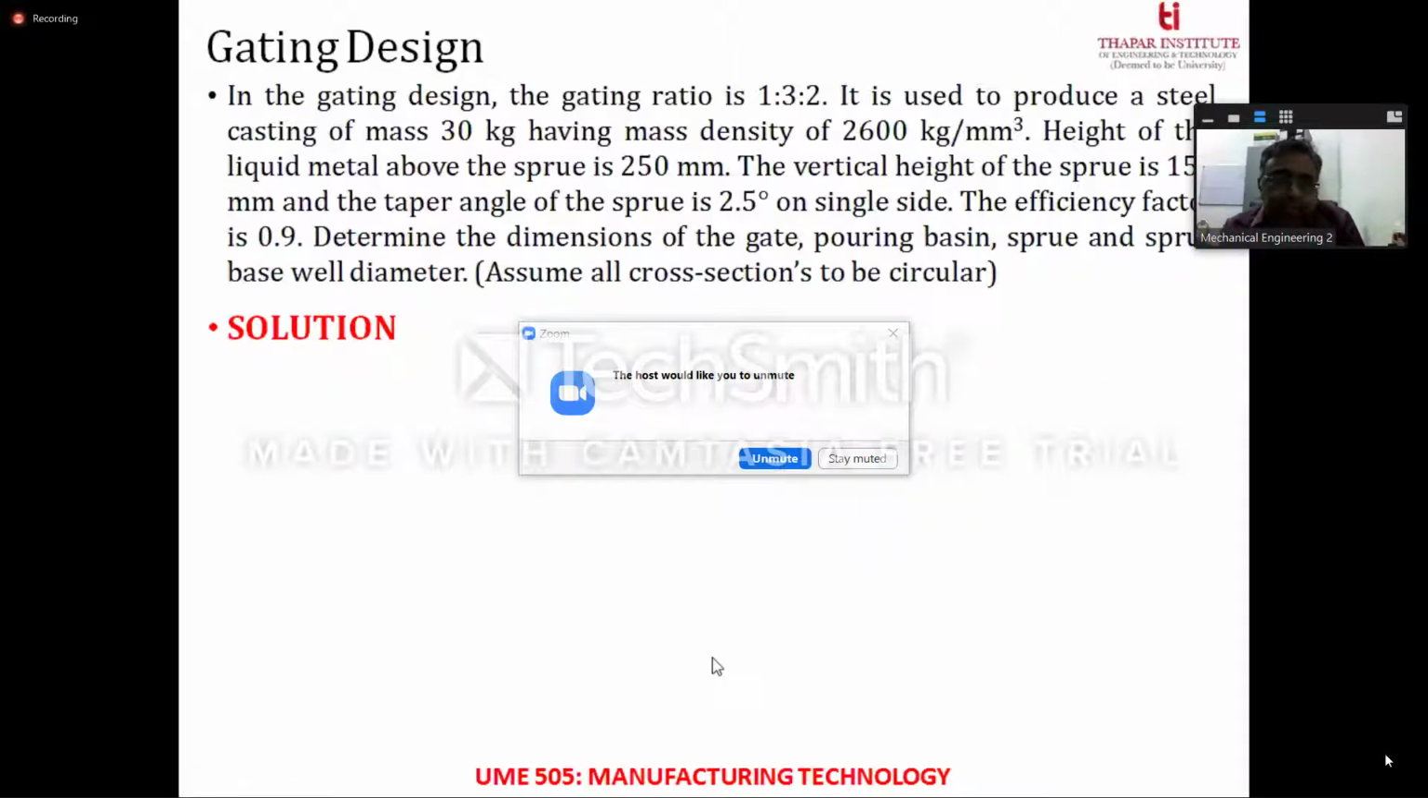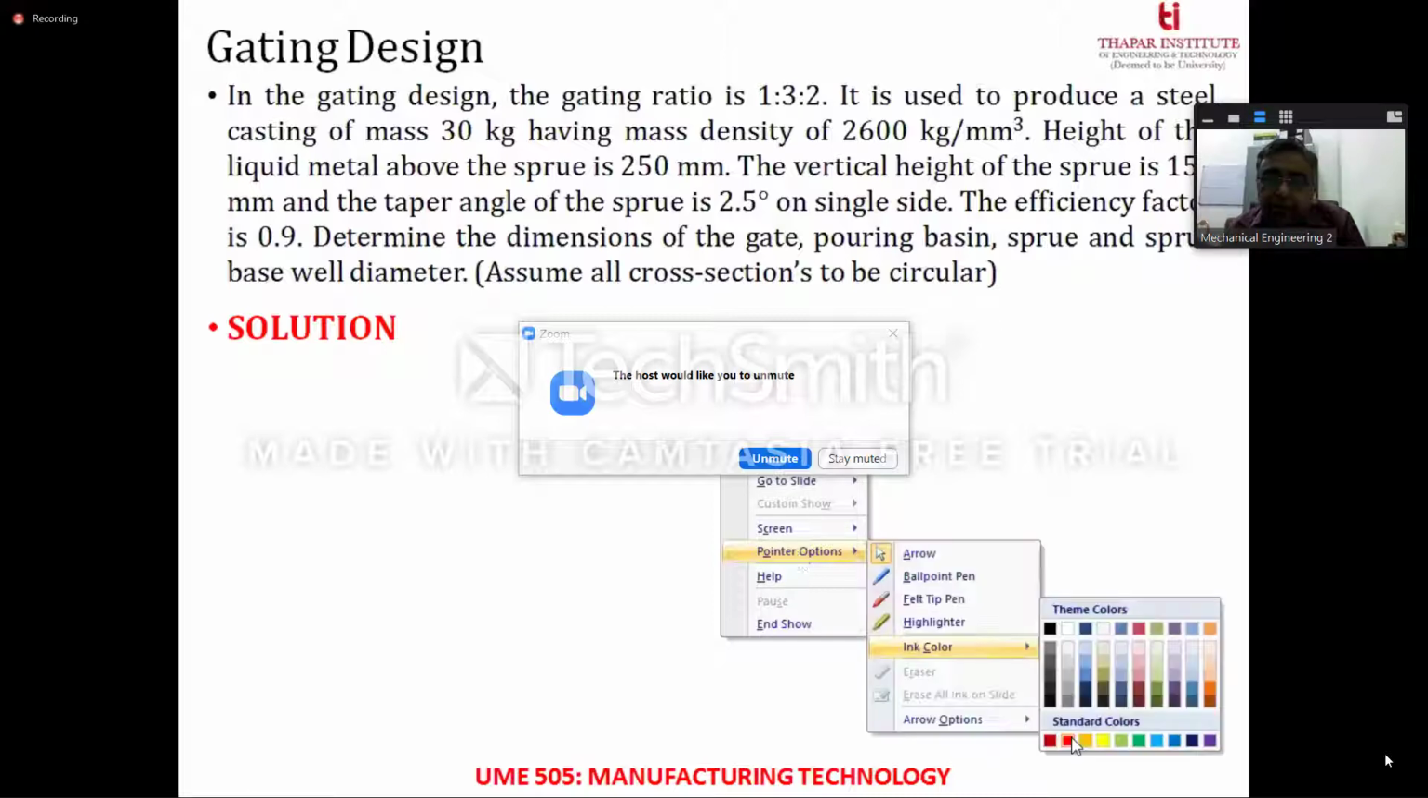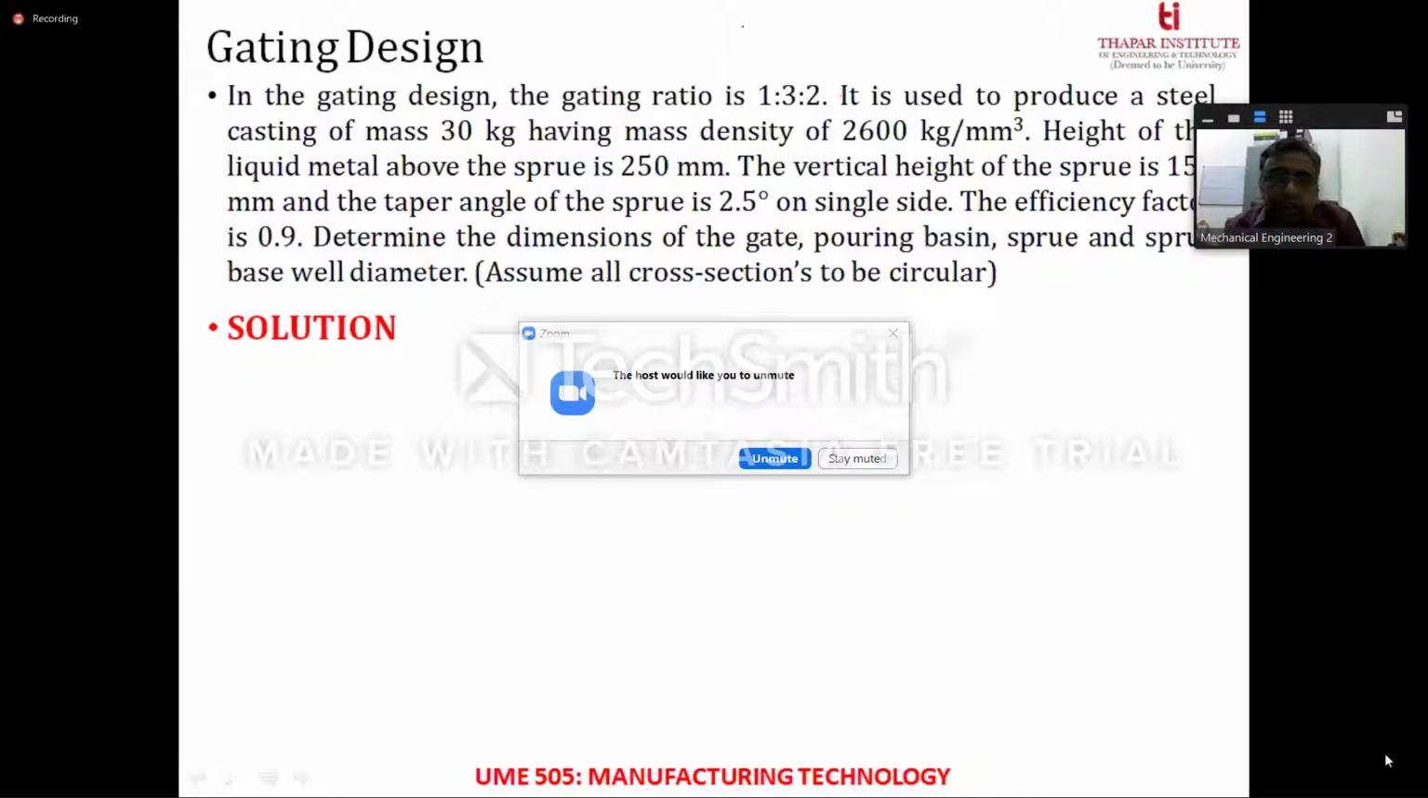So in this numerical, basically what we are supposed to do is we will be working on finding out all the important aspects of the gating system. The major points that we will be trying to work with are the dimensions of the gates, the pouring basin, the dimensions of the sprue, and the sprue base well diameter that is required for this type of casting. So before you start doing anything, basically what you need to do right now is,